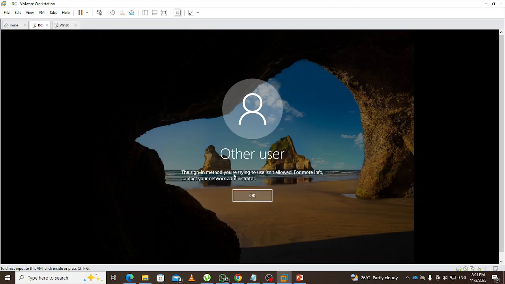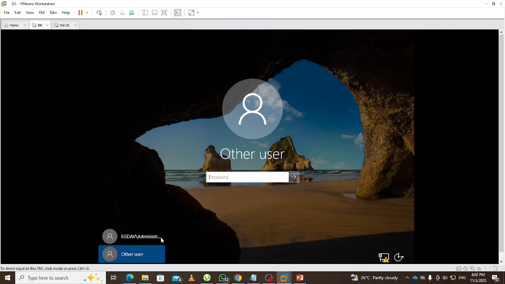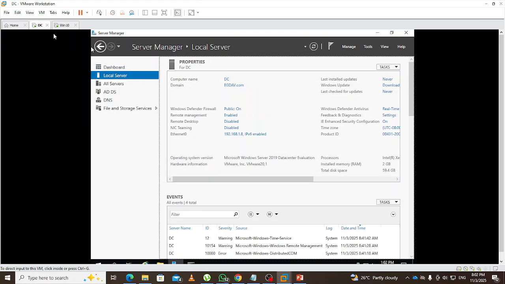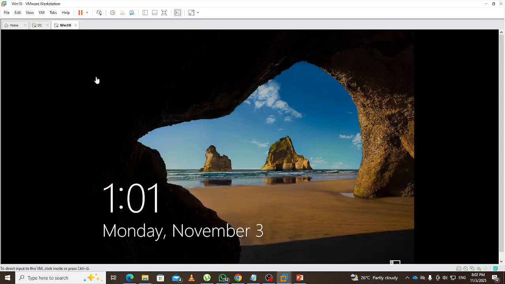Okay, now we can see that it says the sign-in method you are trying to use isn't allowed. For more info, contact your administrator. Okay, so we can see we tried using Teo to log into this account, but we were not able. Okay, so now let's go to our Windows 10 to see whether we can log in from this side